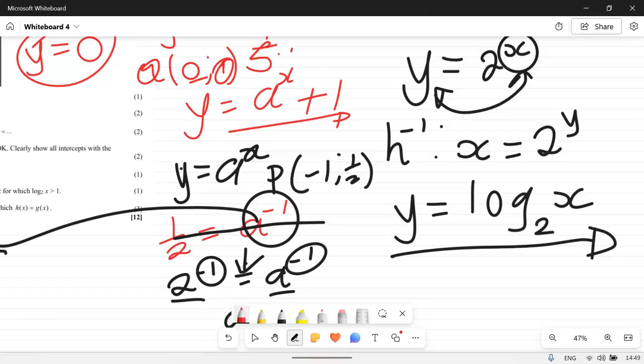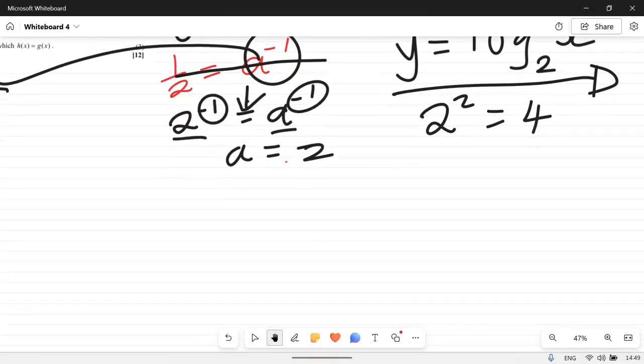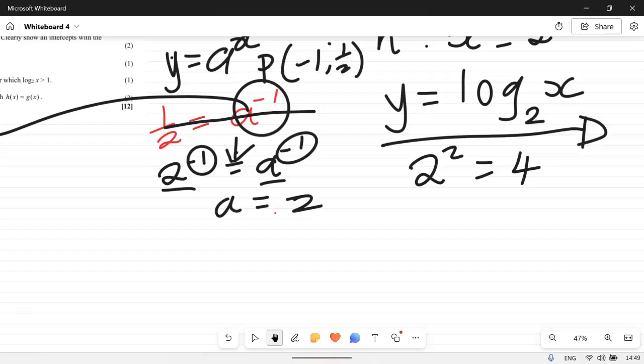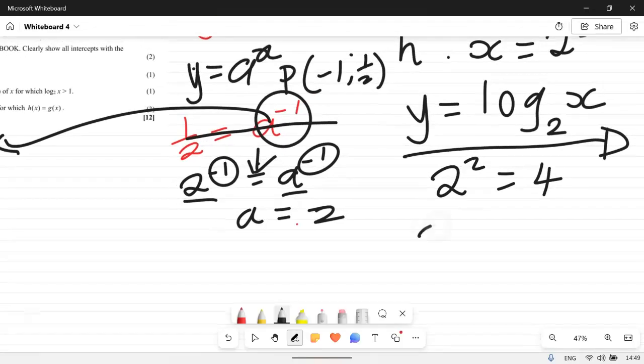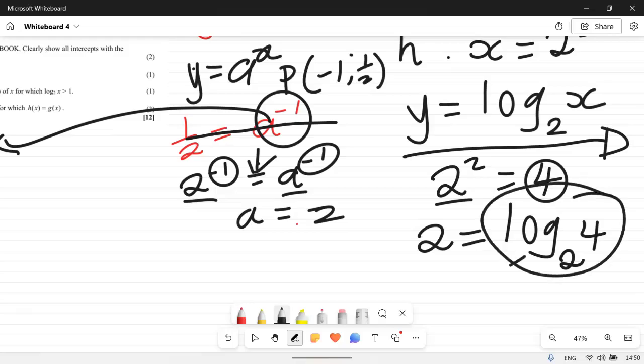You can also see a different example to say, if you are given, for example, we know that we have 2 to the power of 2 being equal to 4, and if you were to represent this exponential format in logarithm, what you're going to do, you will say 2 is equal to the log. What is the base? The base was 2, and this will come into the log. So hence, if you press this in a calculator, you will see that you get your value as 2,